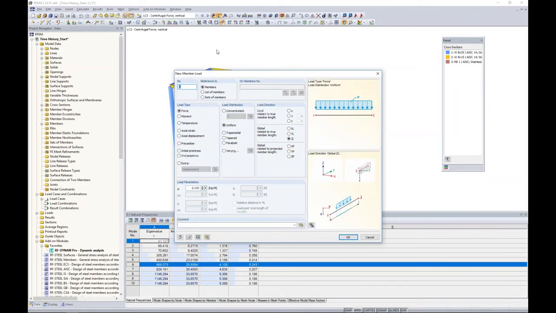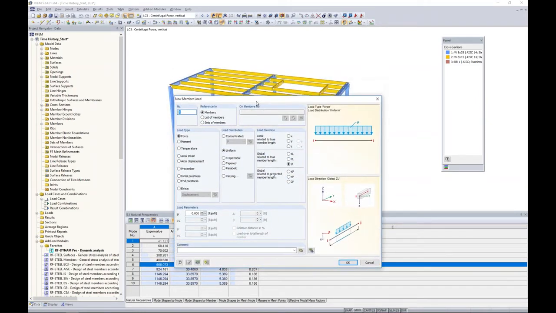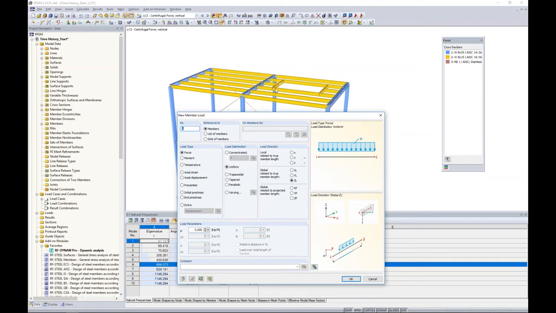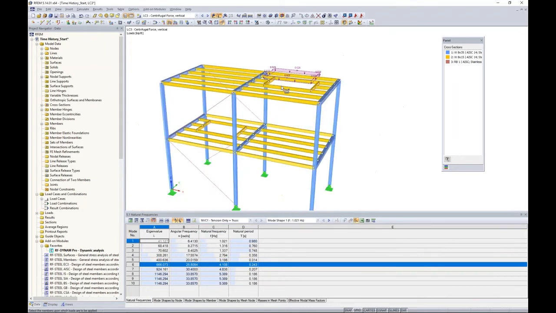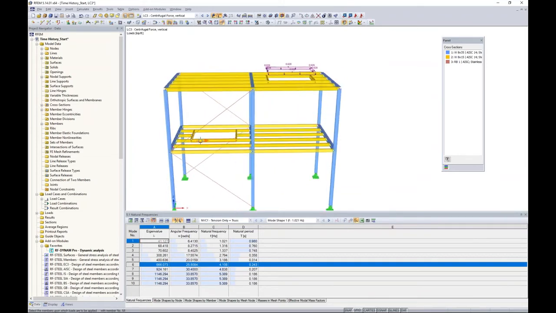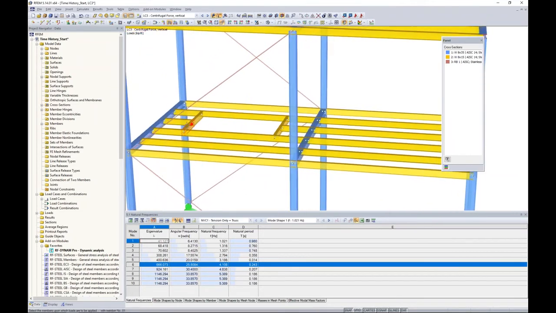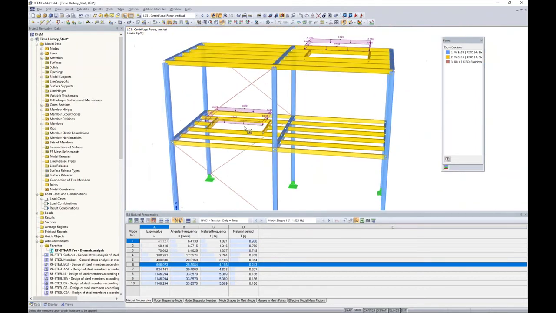We'll do this with a new member load. So the member load, what I'm going to do is I'm going to take the 0.9 kips, divide by the total length here of my opening, which is about 33 feet, to give me my magnitude of negative 0.028 kips per foot. And I want to apply it in the global Z direction. I click OK. I can zoom in here and just simply click on the members where those machines will be placed, and I have my first vertical load applied. Now I want to do the exact same thing down here on my lower level. I just simply click at the locations where the second machine will be placed, and I have my second vertical